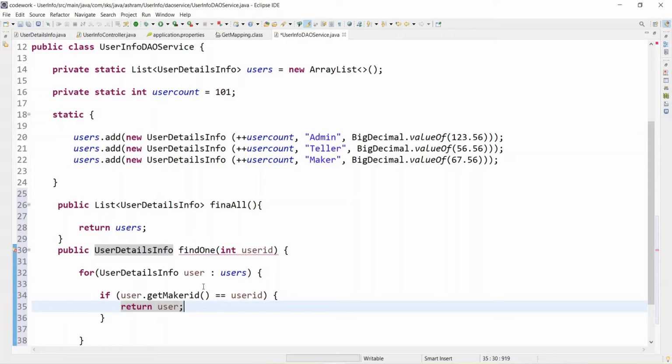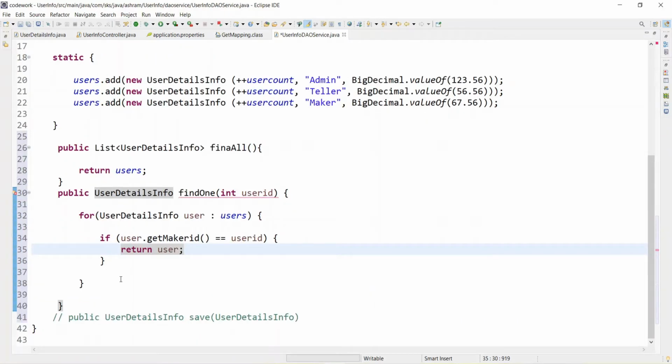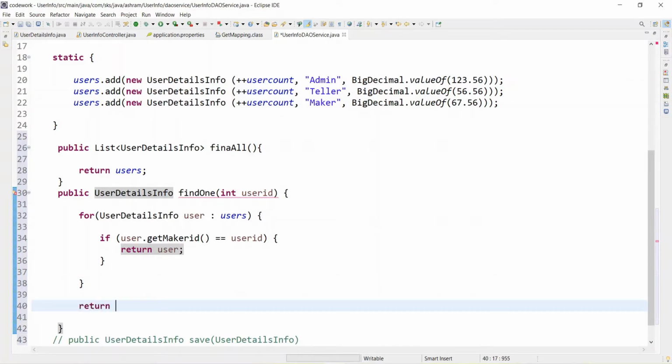This is what we wanted to implement, right? And if it's not matching at all, we can return null. So find one is implemented.